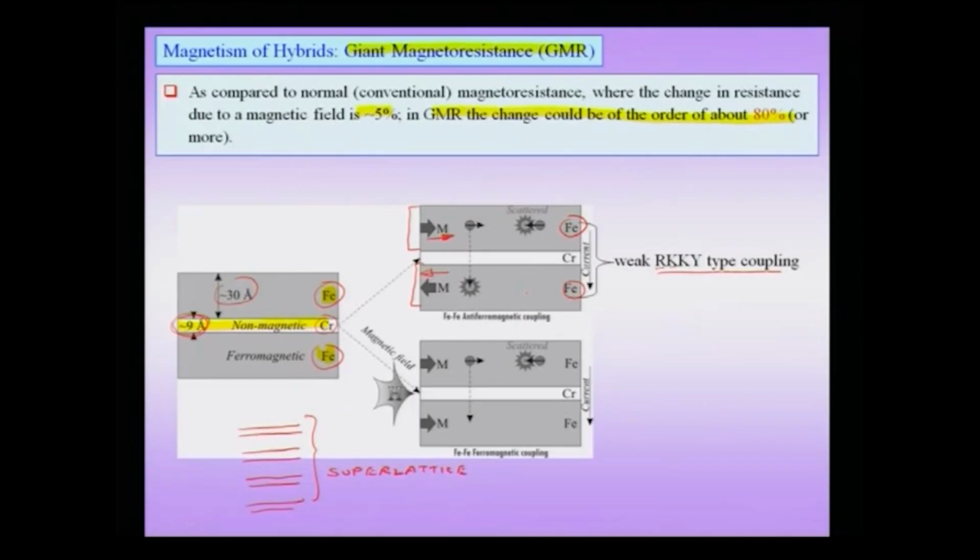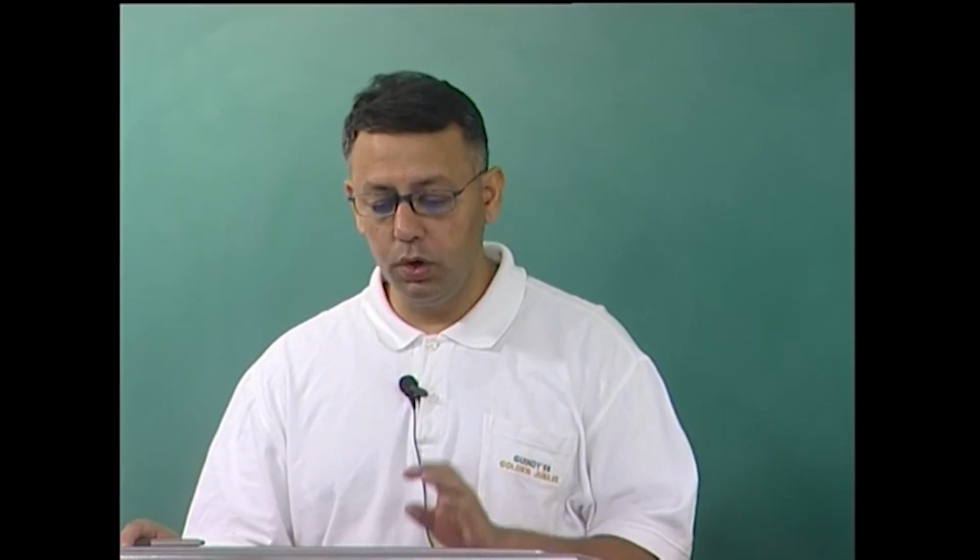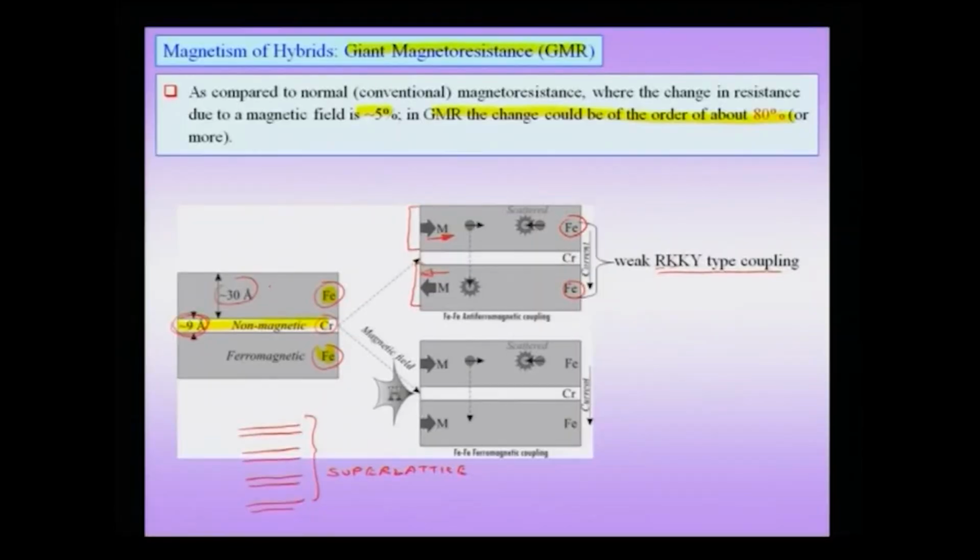Therefore, you see that this is at the heart of the understanding of what you might call giant magnetoresistance. In other words, there are two layers, and in the absence of any external magnetic field, the two layers of the ferromagnetic material are anti-ferromagnetically coupled. I am not saying they have become anti-ferromagnetic, these individual layers continue to be ferromagnetic, but the coupling between these two layers, which I call layer 1 and layer 2, is anti-ferromagnetic. That means they point in opposite directions.